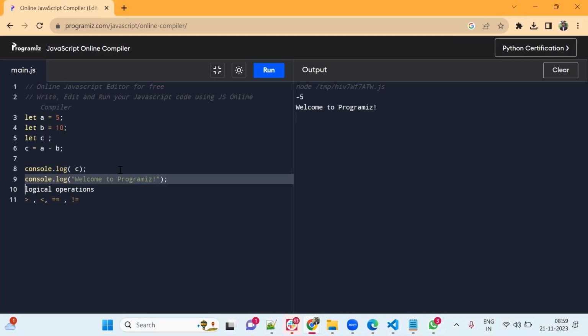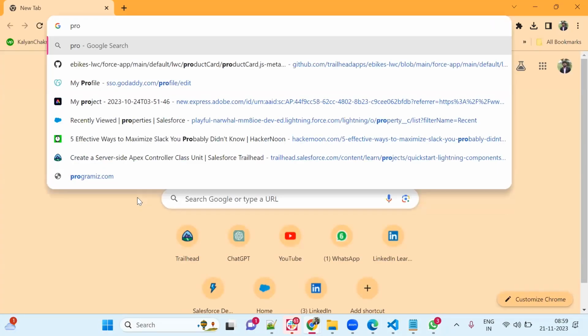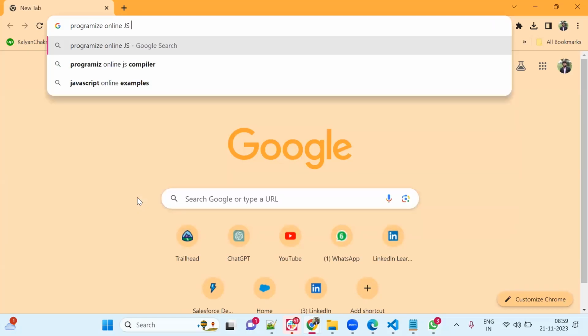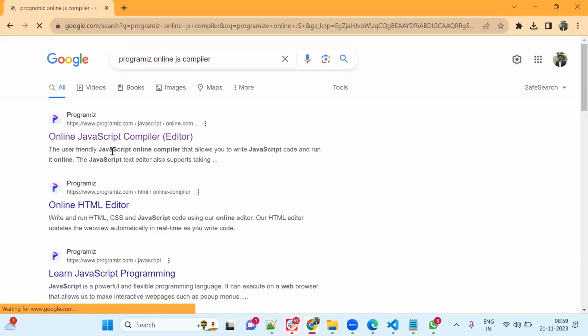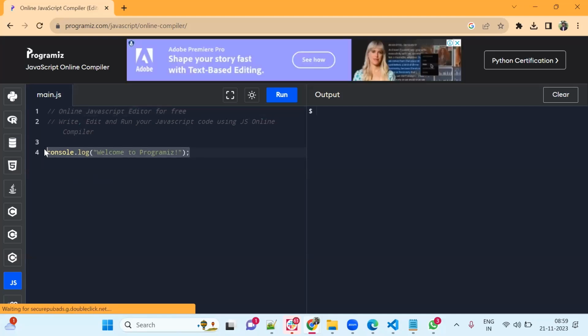When you open it, the program is an online JS compiler. This is what you see in the browser, in Google. If you open this one, this is like the initial page. You can even remove this. I can just type